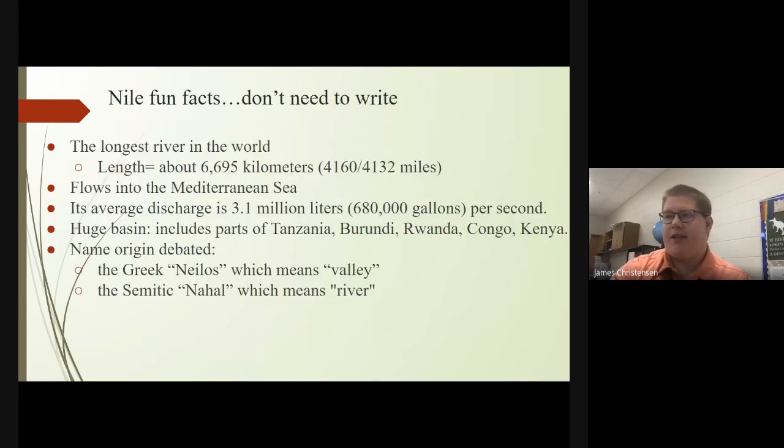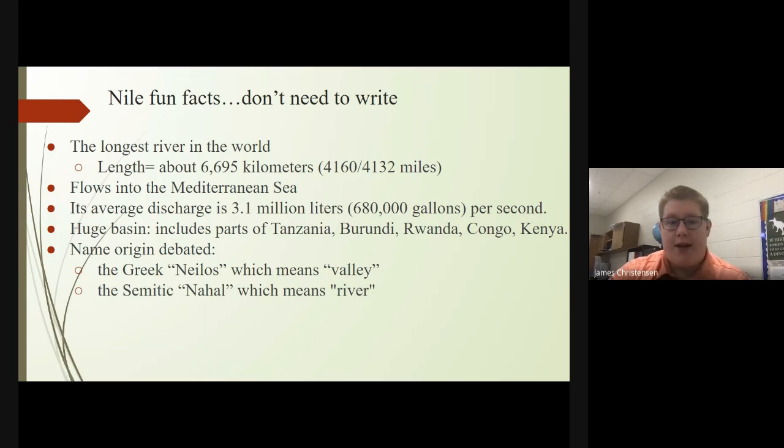So some more fun facts. You don't need to write these. It's the longest river in the world. It flows about almost 7,000 kilometers, or roughly 4,132 miles. It flows directly into the Mediterranean, and it usually discharges about 3.1 million liters or 680,000 gallons of water per second. It's a huge river basin that extends all the way down to countries like Tanzania, Burundi, Rwanda,